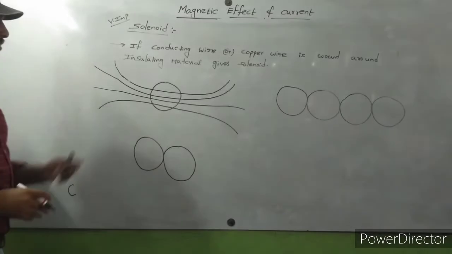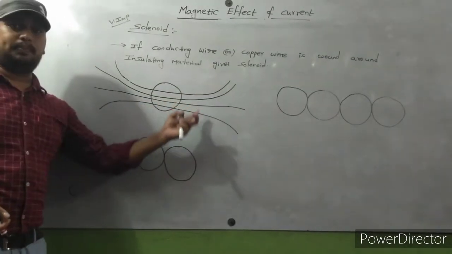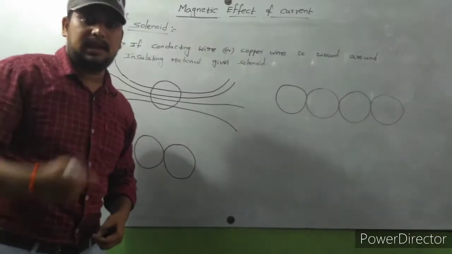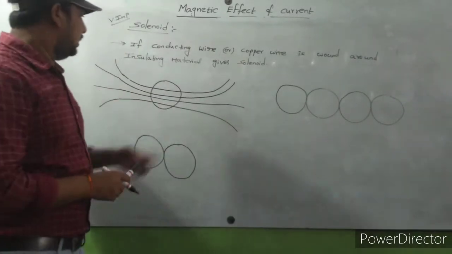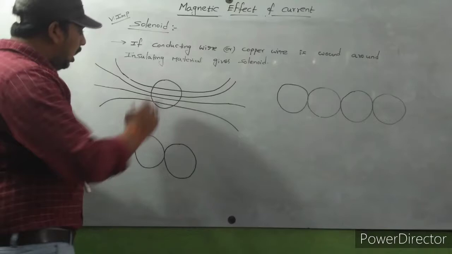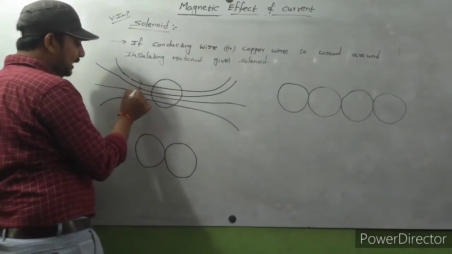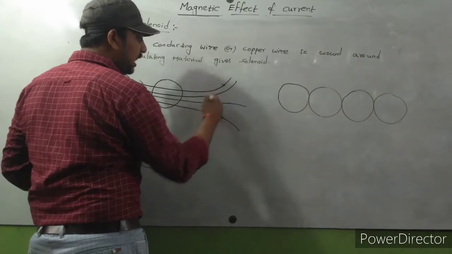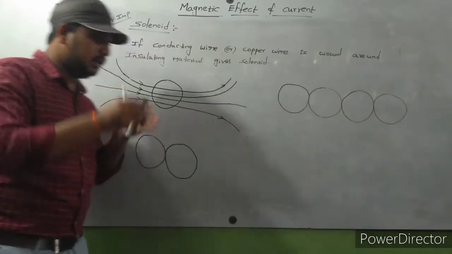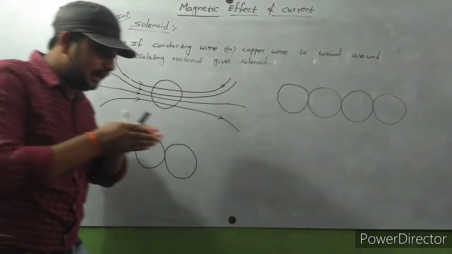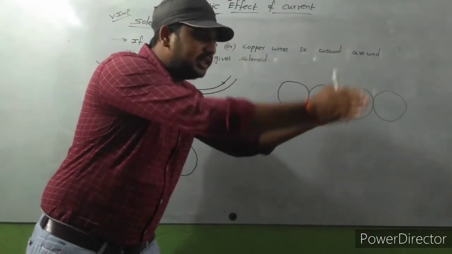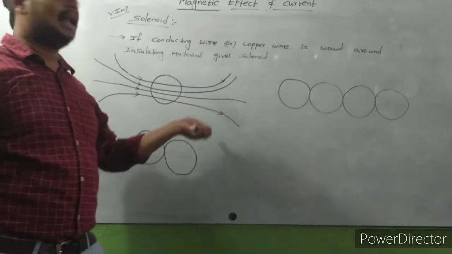Observe carefully. Outside of the loop, here we are winding wires in circular loops, like a circular shape. This is a circular loop. Outside of the loop, magnetic field lines are moving away from each other. For example, this is a loop, so the magnetic field lines entering it are bending, moving in opposite directions and cancelling each other.